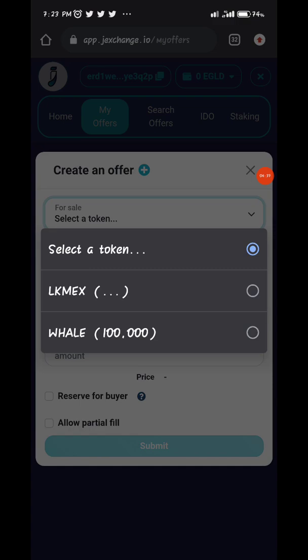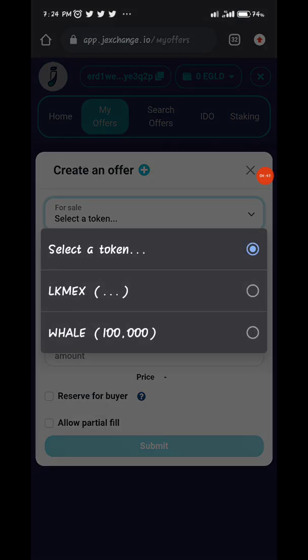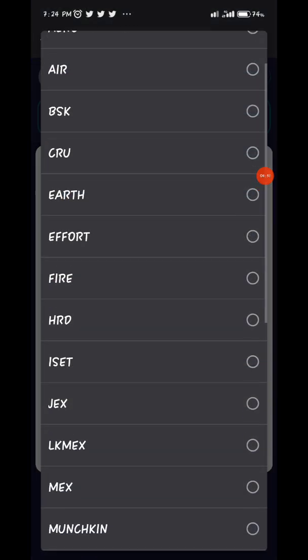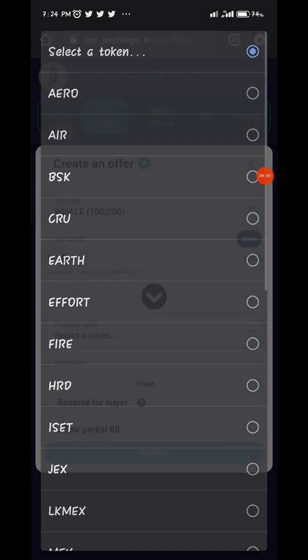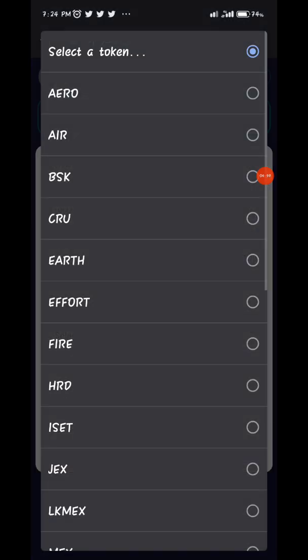Then I'll come up here, click on this down arrow, the arrow here, sorry, this. Once you click on it, it will bring up the options of tokens you have. Then you say pay with. What are you paying with? Say payable with